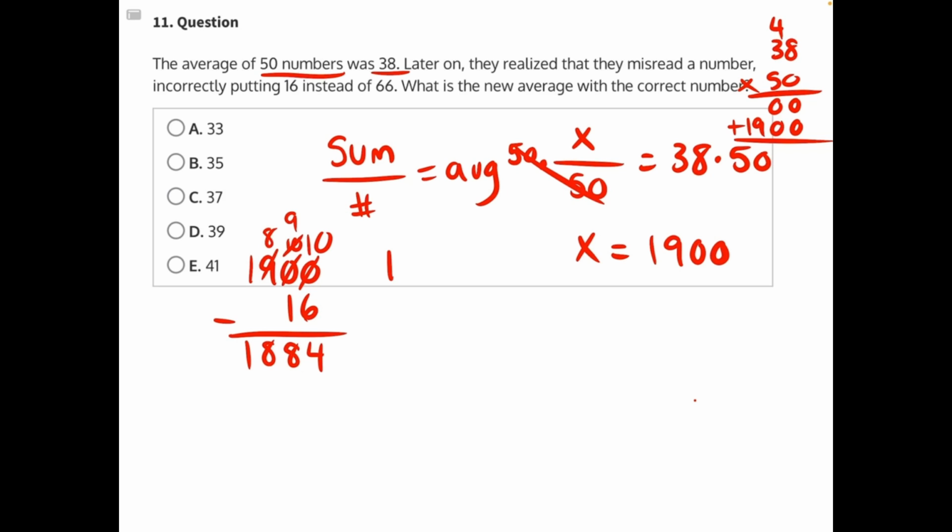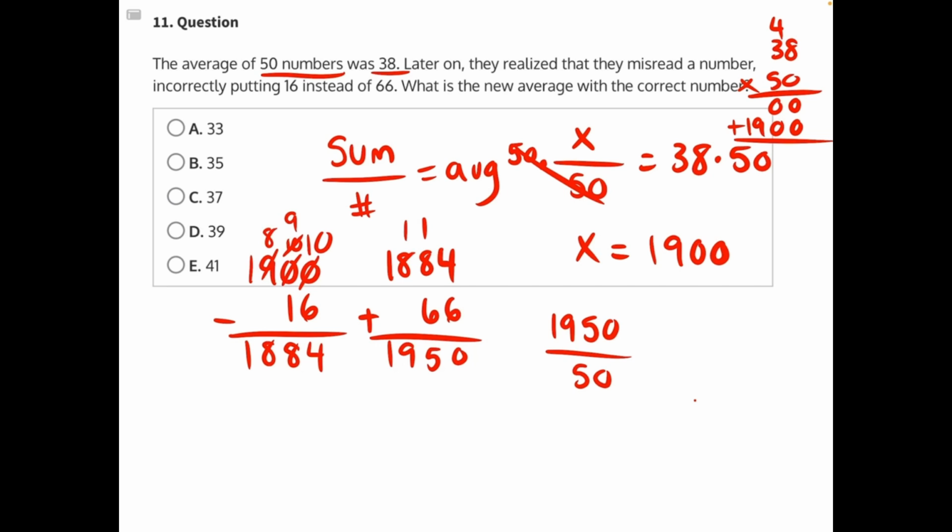Then our second step is to add back on the correct number. 4 plus 6 is 10. 8 plus 6 is 14, plus 1 is 15. 1 plus 8 is 9, and then 1 plus nothing is 1. So our new sum is 1950. We will need to divide that by 50, and that is going to give us our new average,